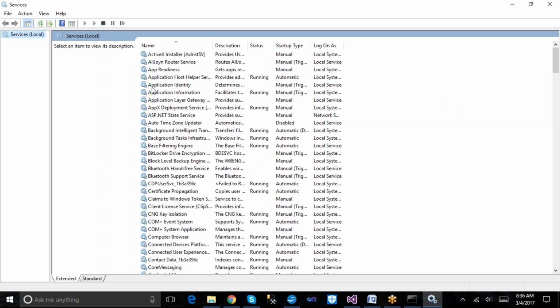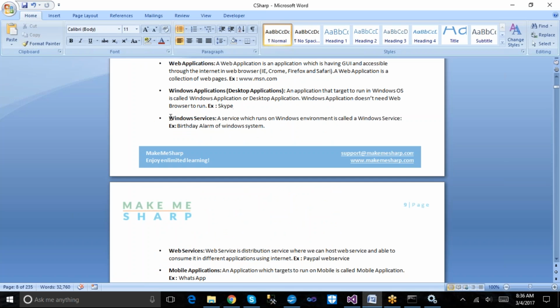They internally run as background processes. If we want to develop such kind of services, there is an ability in .NET to do that. This kind of services we can also develop with the help of .NET, which we call Windows services.